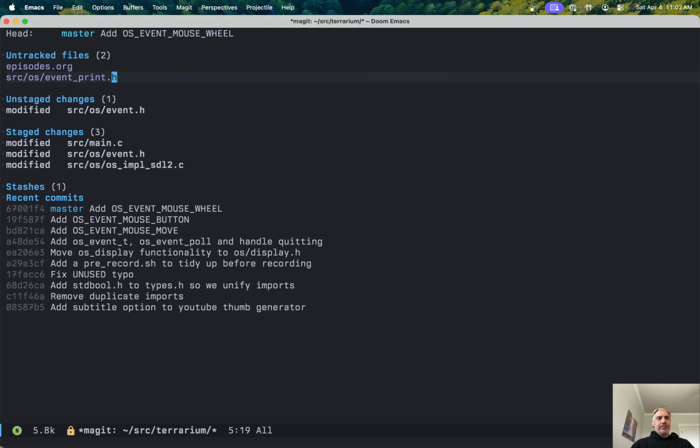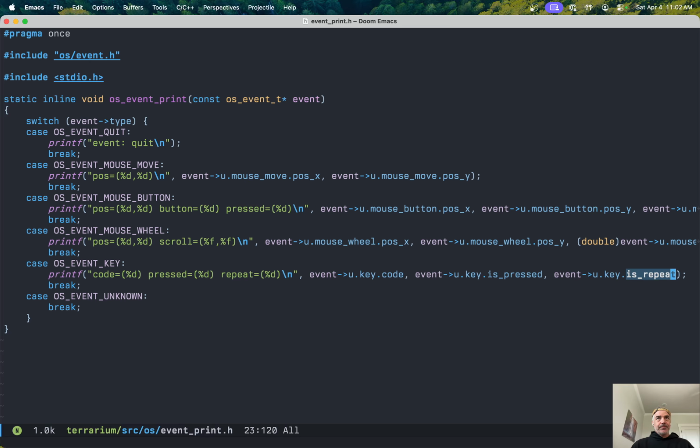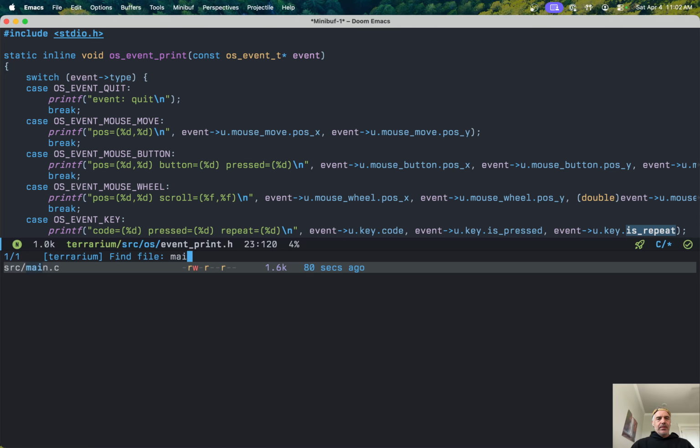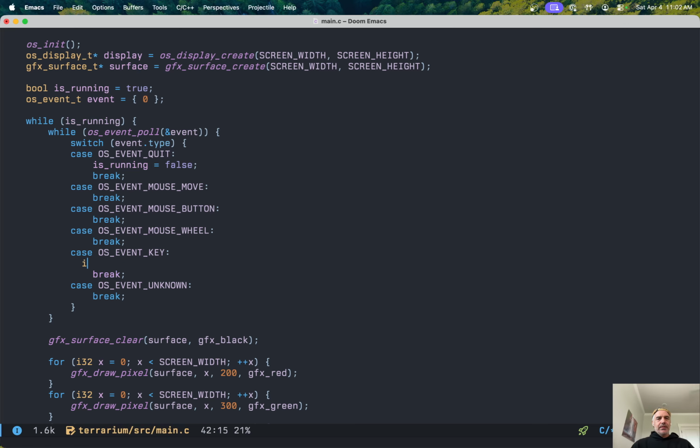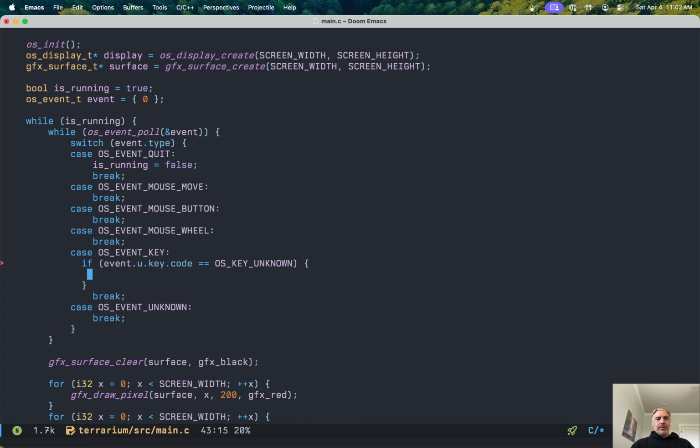You know what we could do? Let's just run a little test. If event key code equals OS key unknown. We're going to run two tests. One, we're just going to print out some unknown keys. We're going to do OS event print